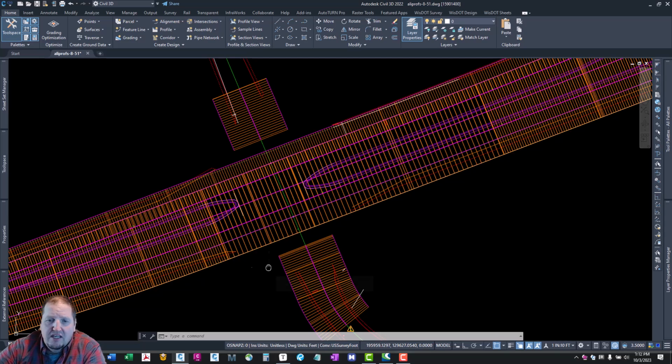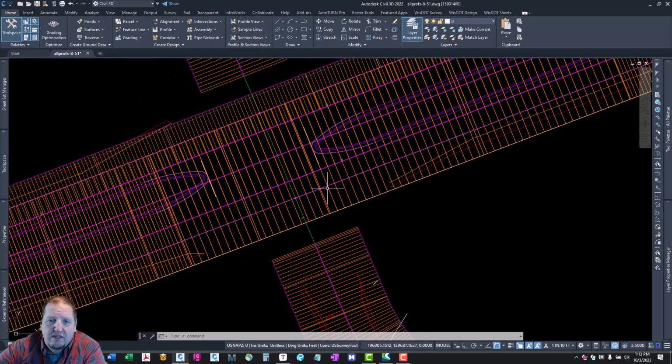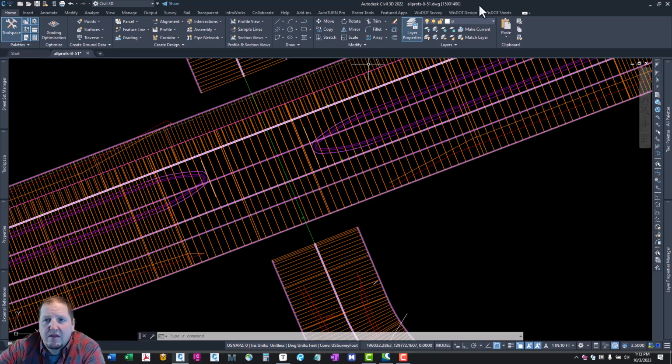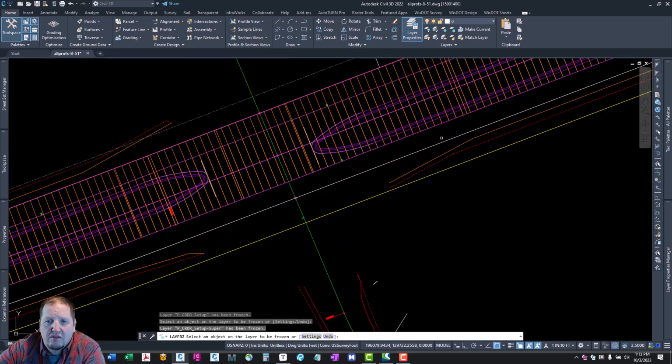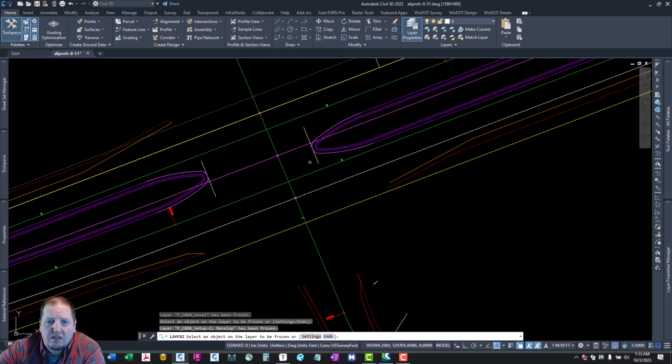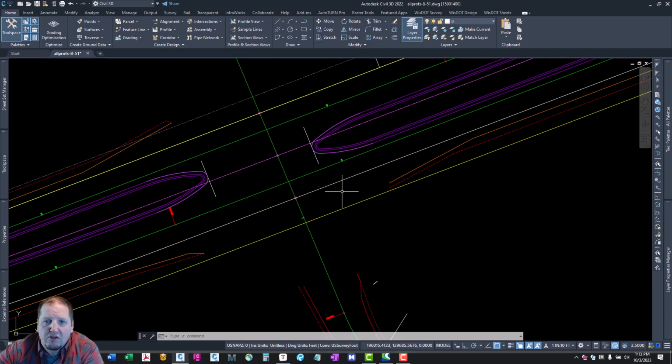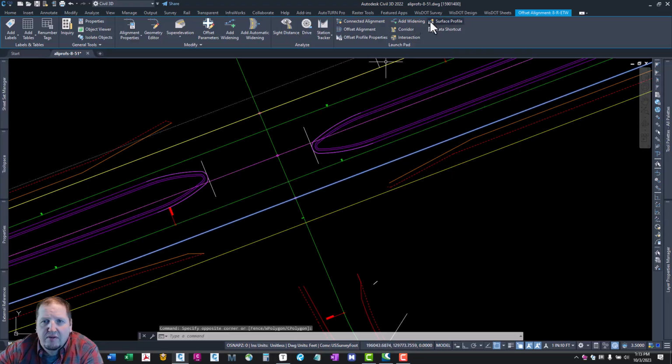In this case, I know that my offset from the edge of travel way here is 10 feet. So what I want to do is create an offset alignment that represents that 10 feet. I'm going to freeze my corridor because I don't want to see that right now. I'll do this one too. I've got a bunch of setup corridors in there, so I hid most of them. And now I want to create an offset alignment based off of this edge of travel way. You could do centerline as well. So I'm going to grab this alignment, create offset alignment,